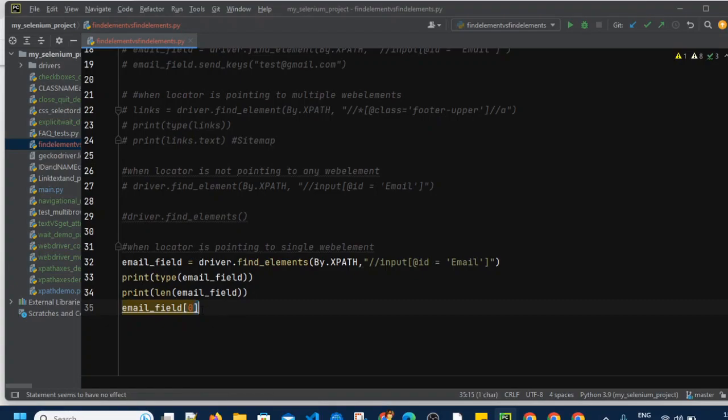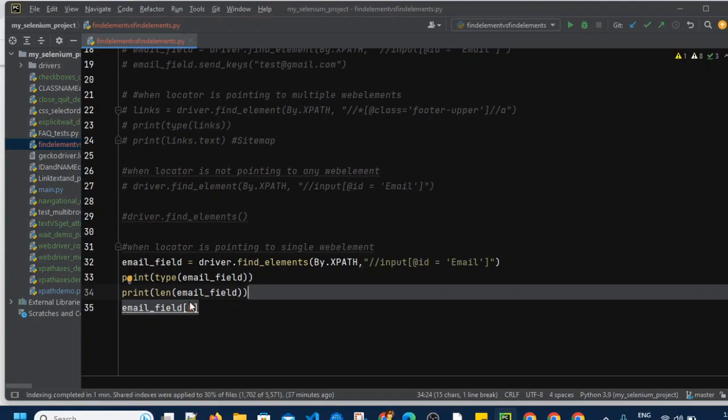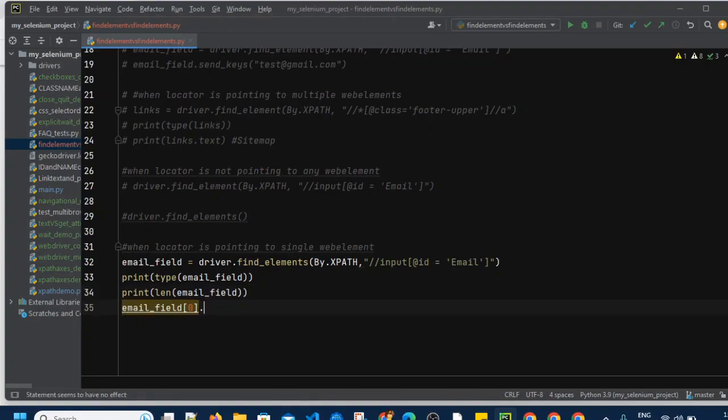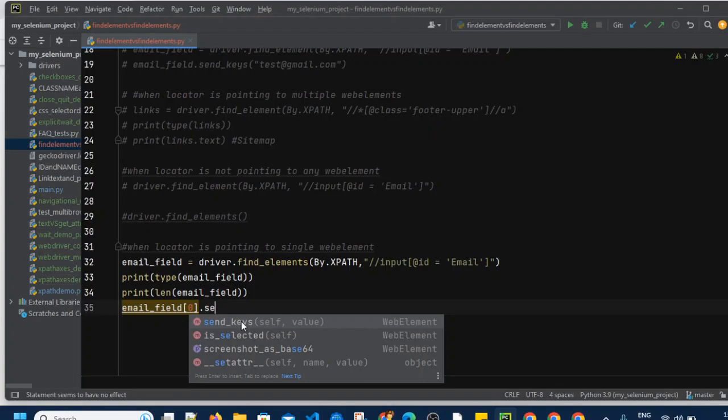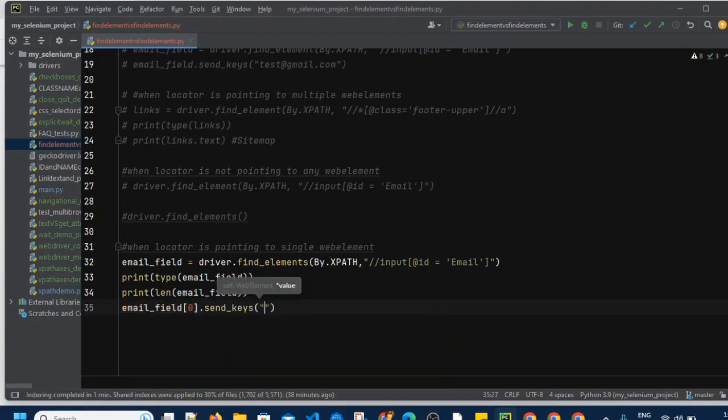This will fetch that web element, and now I can use the sendKeys method to pass the value of the email ID. So now it should work perfectly fine.